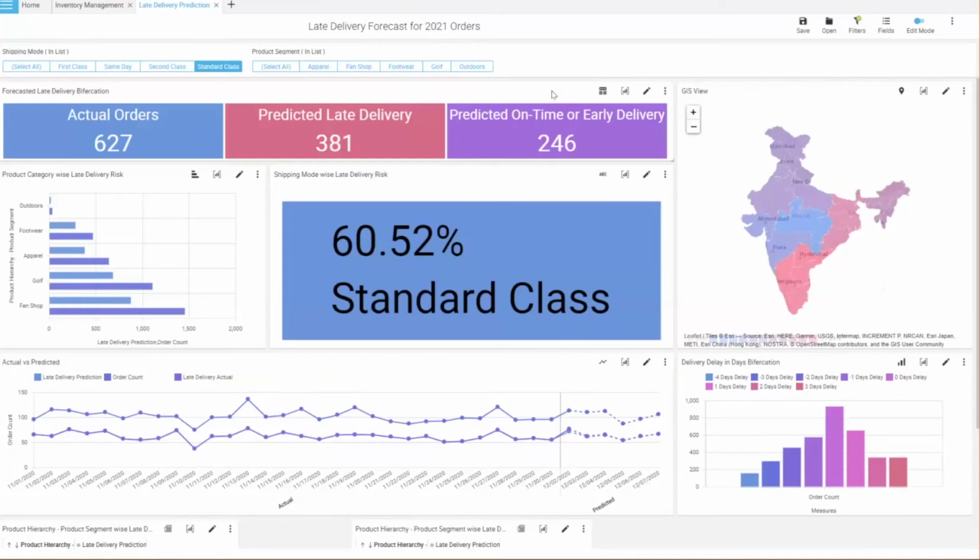We can include seasonality as well and any other factors. What we do is, before applying the model, we try to find out the importance of those factors. Suppose there are 100 columns or 100 data points in our transactional data. Which are the relevant ones, which are actually impacting my forecasting or my model?